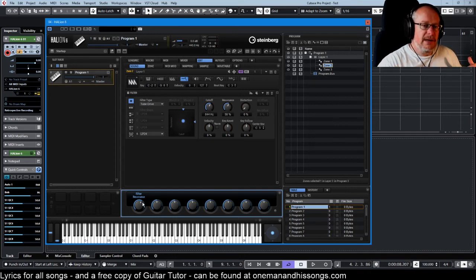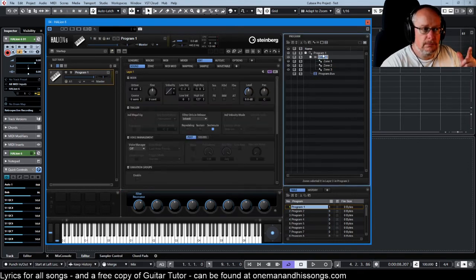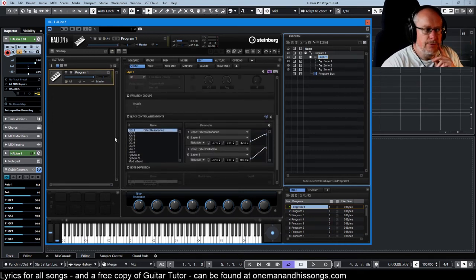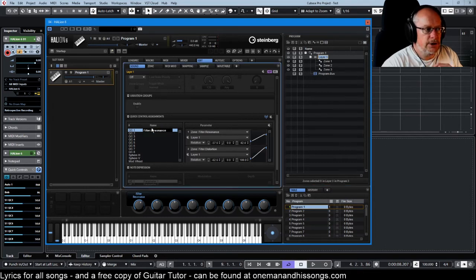Now the minimum and maximum ranges when you're dealing in relative parameters suddenly become absolutely critical, and they are controlled by clicking on the layer or program that you're concerned with and going into the sound tab. I'm sorry this is complicated, there's just lots of places to remember where to look, it's just the way it is. So in the sound tab at the layer and program level we get quick control assignments, and here you can see QC1, here's its name, and we're going to call it